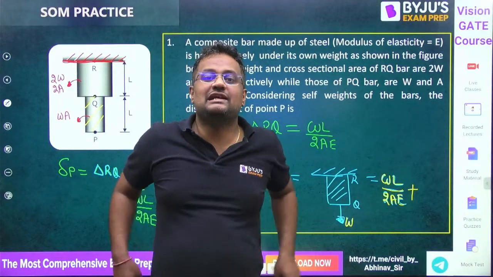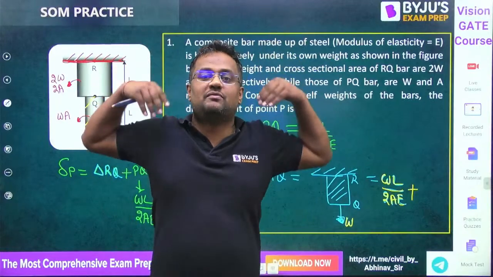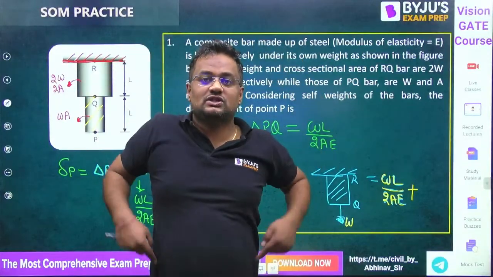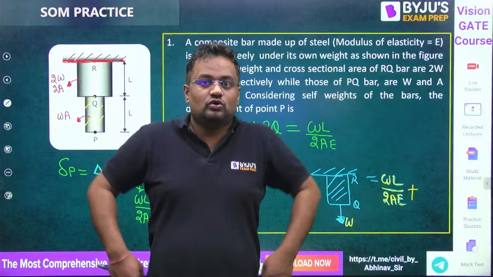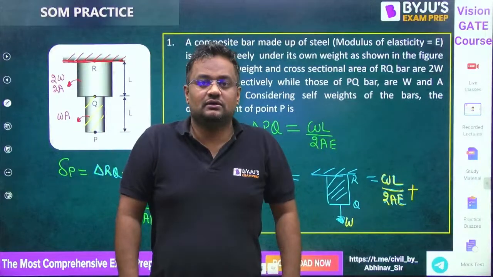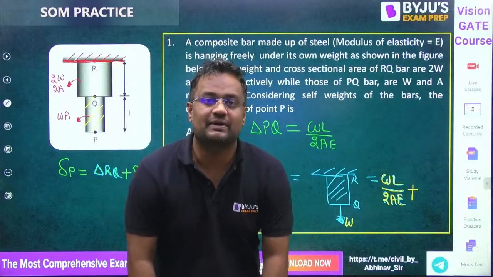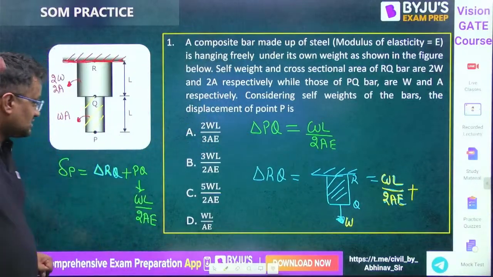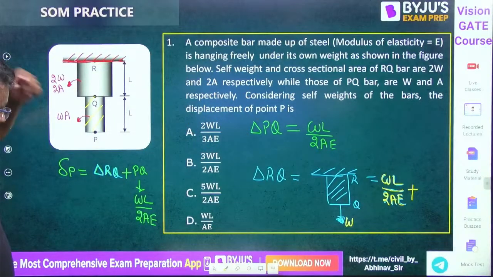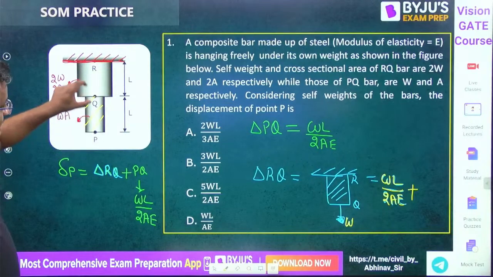From my belt portion above the body, whatever this weight is, it is external for my legs. Due to this weight, it is going downward. And due to the own weight of my legs, it is again compression, na? Yes, weight, someone is asking. So due to this W, it is WL by 2A, and due to its own weight,